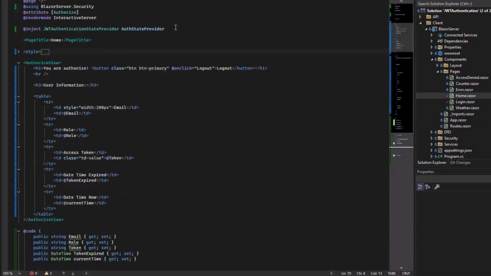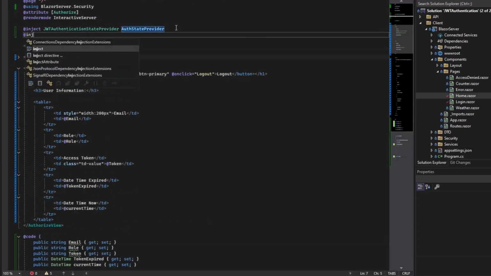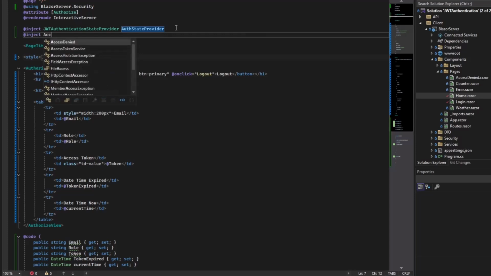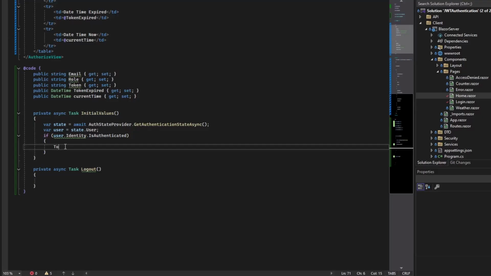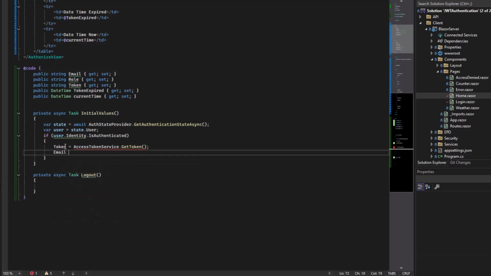First, for the token, we need to inject the access token service. This token comes from the access token service GetToken, and you need to await it. For the email, we need to get this from the claims.